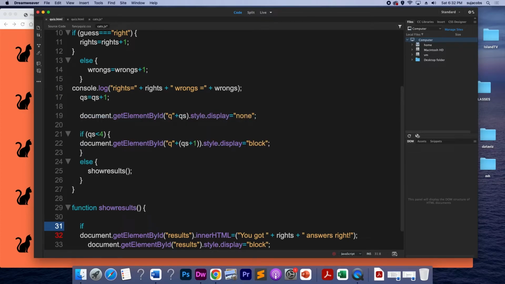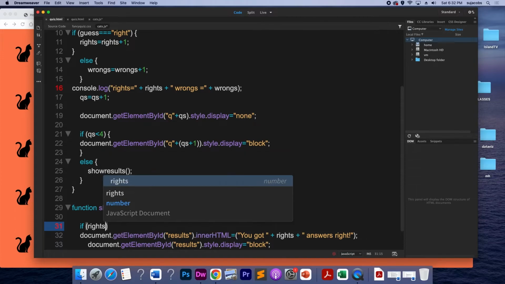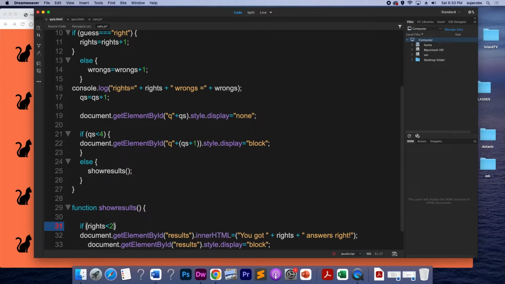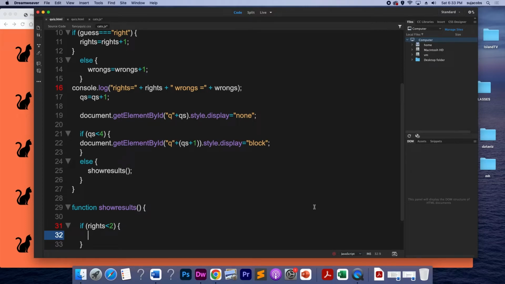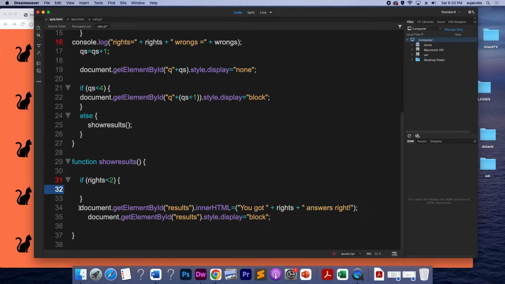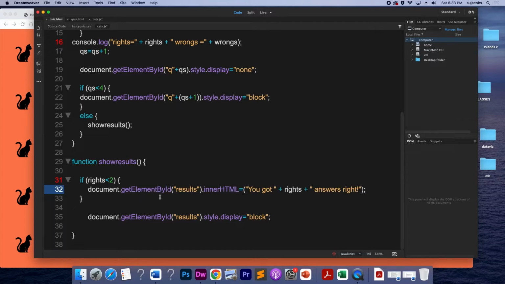if rights, let's say if rights are less than 2. Okay, so 1 or 0. If you got 1 or 0 right, this is what you're going to get. Then document get element, okay, you can copy this. Then we'll say you got these many answers right,